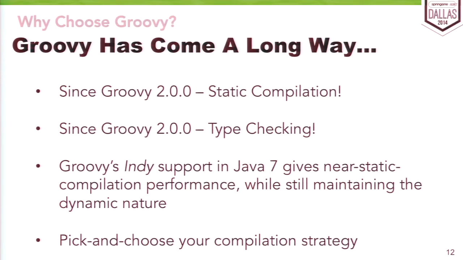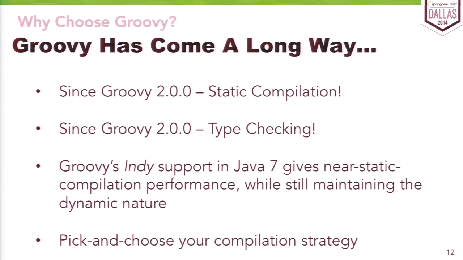Even more than that, as if this weren't enough, Groovy has this really awesome built-in capability to pick and choose your compilation strategy. So being able to say that I want parts of a class to be statically compiled, but there's this one method in particular where I want to use all the great stuff that Groovy offers, like the meta object protocol. You can tell the static compilation engine to skip a particular method. So you can get that far down. You can choose one class to be statically compiled and another to be non-statically compiled. That's a really, really cool thing, and that's something that other languages don't really have that kind of support for.